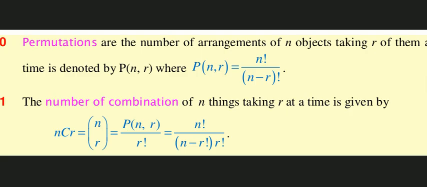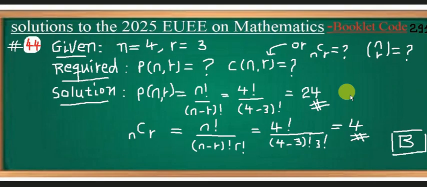So we can calculate with this formula and find the answer. n is 4 in our case, and we choose 3. So permutation of 4 objects taken 3 at a time is 4 factorial over 4 minus 3 factorial. 4 minus 3 is 1, and 1 factorial is 1, so only the numerator remains. 4 factorial is 4 times 3 times 2,